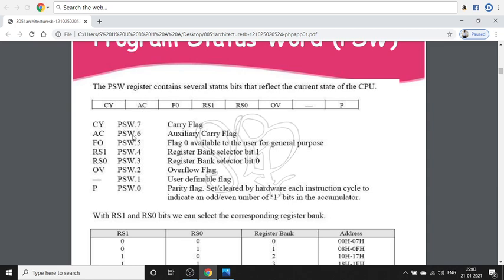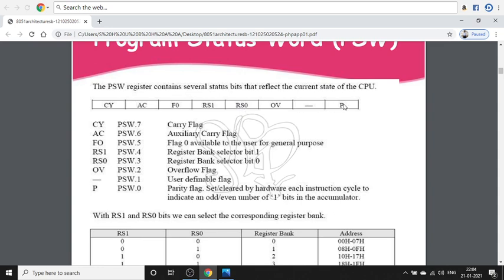Next one is the auxiliary carry flag. It is set to 1 if there is an overflow out of B3, here B0, B1, B2 and B3, otherwise it is set to 0. That means 4 bits here and 4 bits there, and 4 bits are named a nibble.